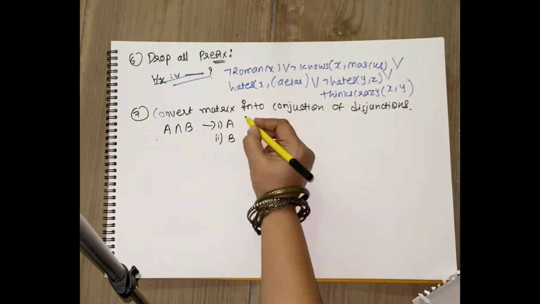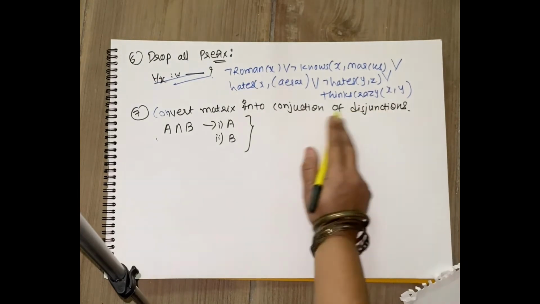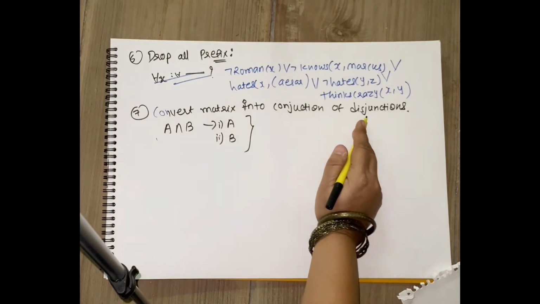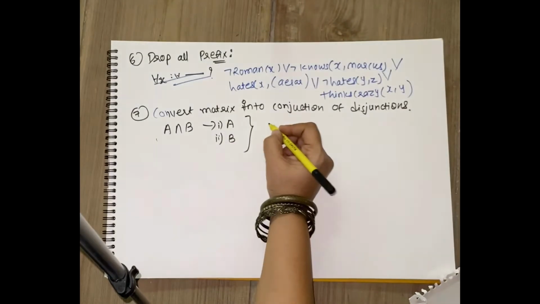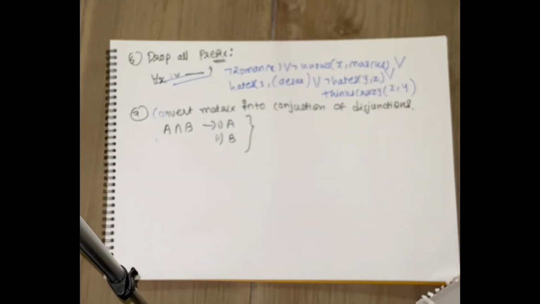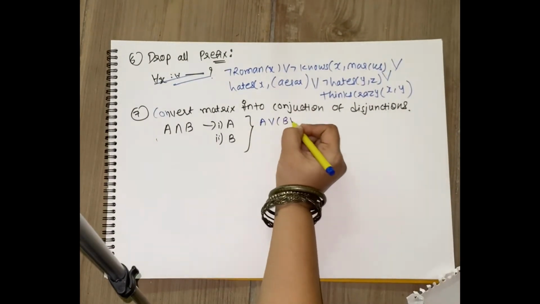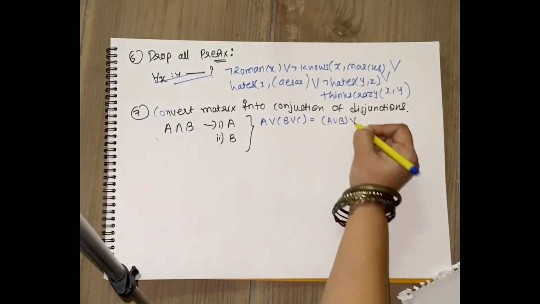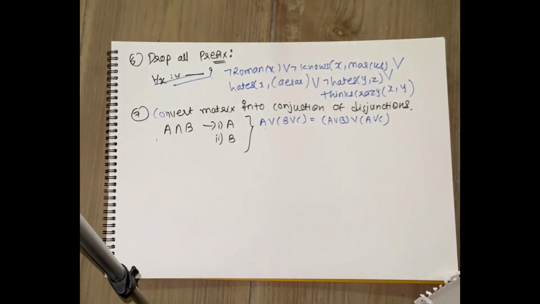But if you have an OR operator, in that case multiple AND and OR operators are available, and you have to convert that to a conjunction of disjunctions. How is this going to apply? That is because of the associative property. Let us discuss how the associative property will be applied. If you have A or B or C, it should be converted to A or B, and then A again is ORed with C, so A or C. Are you getting this? So this is called the associative property.